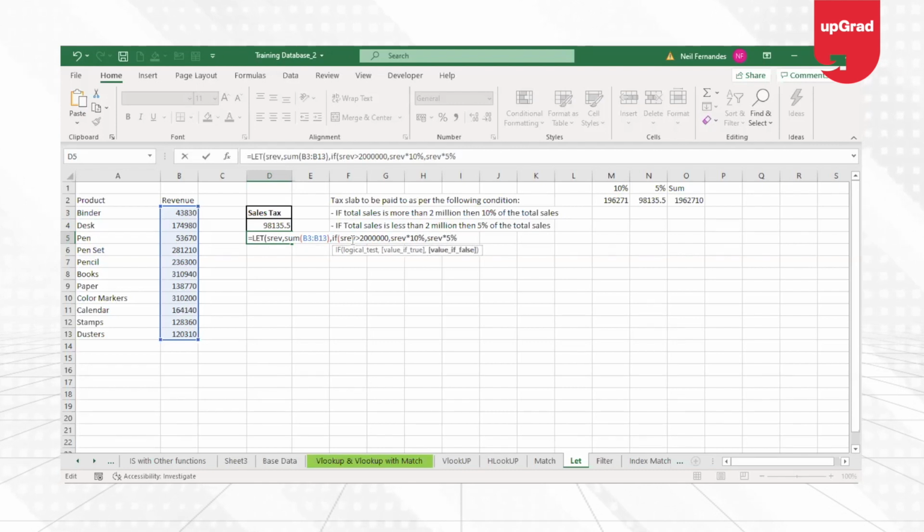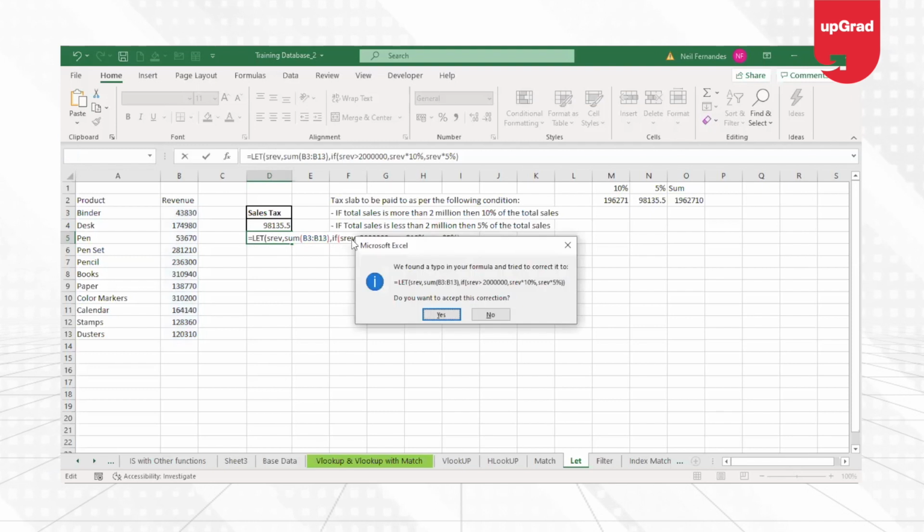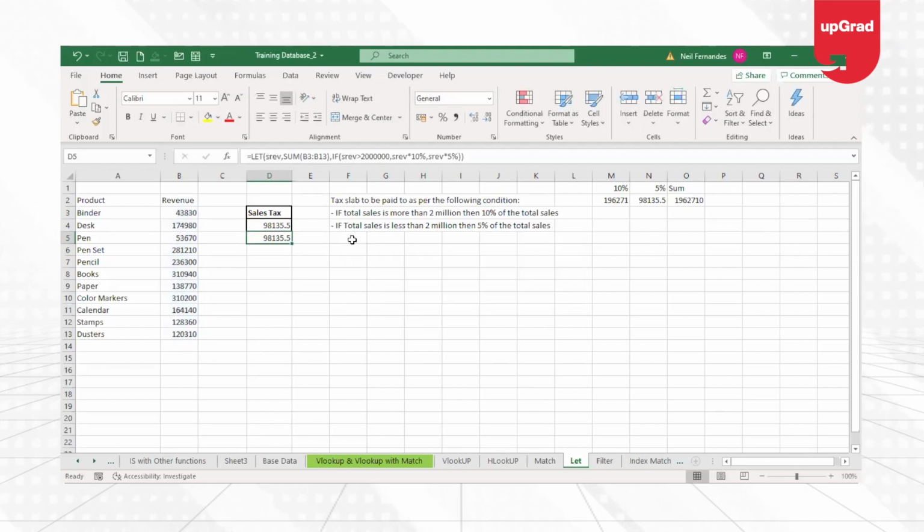Close the bracket, enter. I have to add one more bracket. Here you can see that it is giving such a simple result, the same result that you got from the top, 5%. The only thing that you have done here is add one more formula, which is the LET formula, where you're asking LET to give a name to your data.